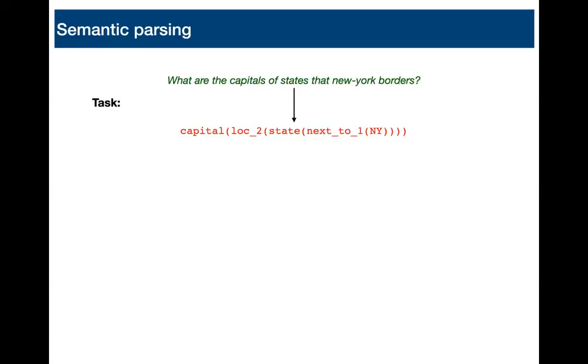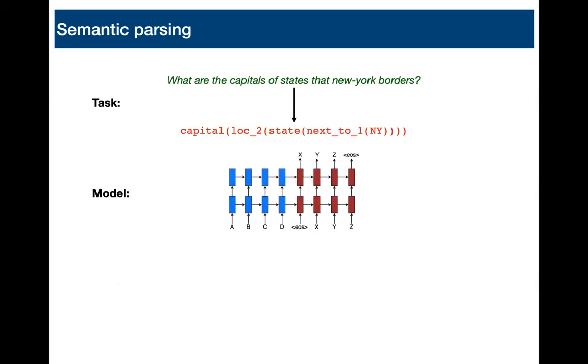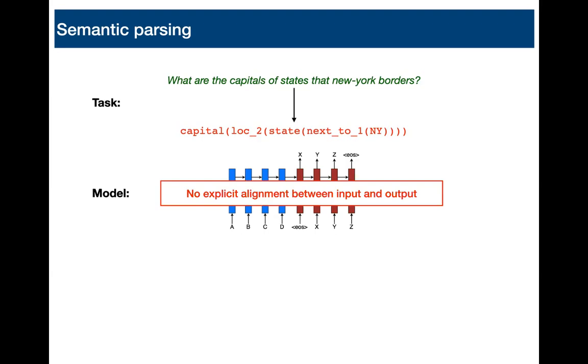So I talked about how this compositional inductive bias works for visual question answering, and now moving on to semantic parsing. And in semantic parsing, the task is to map from a natural language question to a logical form, to a program that is executed on a knowledge base. And again, there's the same issue. The common models are end-to-end differentiable models, where the only thing that ties the output to the input is soft attention. But nothing explicitly says that the word capitals corresponds to the predicate capital and that the word borders corresponds to the predicate next to here.